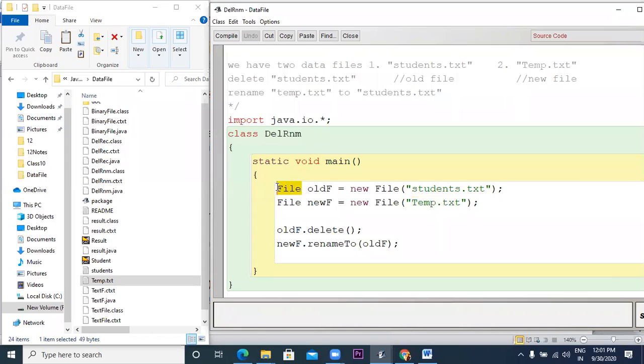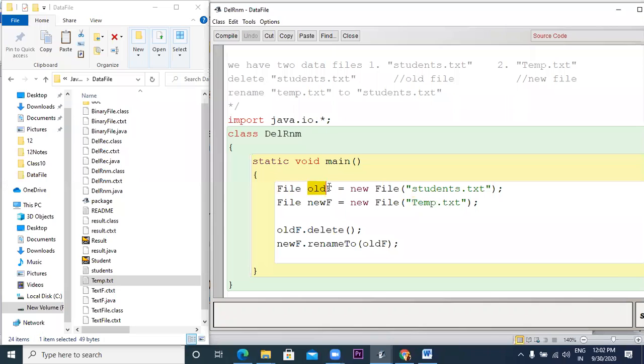There is one class file which contains delete function and renameTo function. Now in order to use these functions, we need to have an object for this class. So we are creating the class, we are creating the object for the classes.